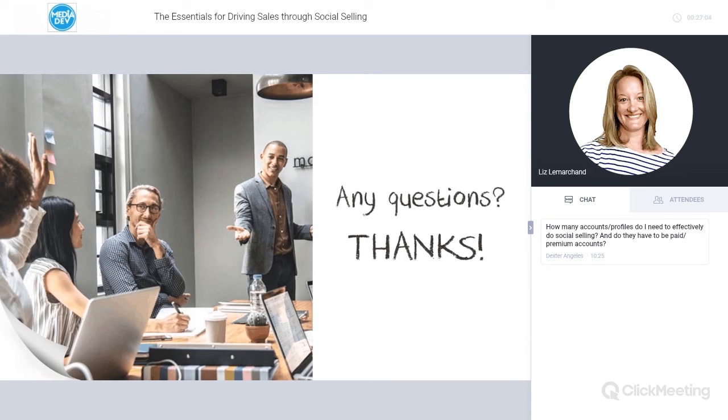I mean, you can combine certain geographical zones and cover it in English, but I think it really depends, again, on what resources you have, what languages you can cover, what type of content you also have in those local languages. And it's definitely best that they be premium accounts or part of a Sales Navigator team. And the reason for that is that you get enhanced features that you can use to really help you pinpoint your target and help with your outreach. So we definitely recommend having an upgraded premium account if you're serious about social selling.